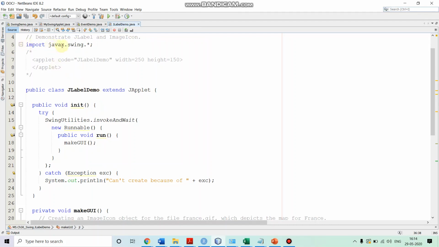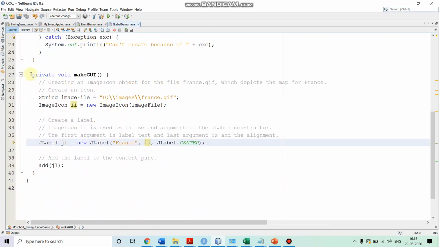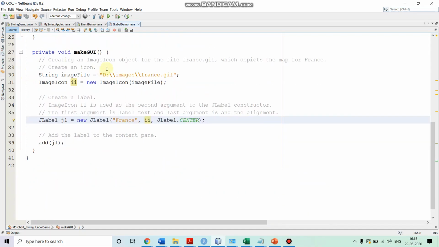We import javax.swing.* in order to get access to JLabel and ImageIcon. In this class, we write two methods, init and makeGUI. In makeGUI, we create an image icon and a label.